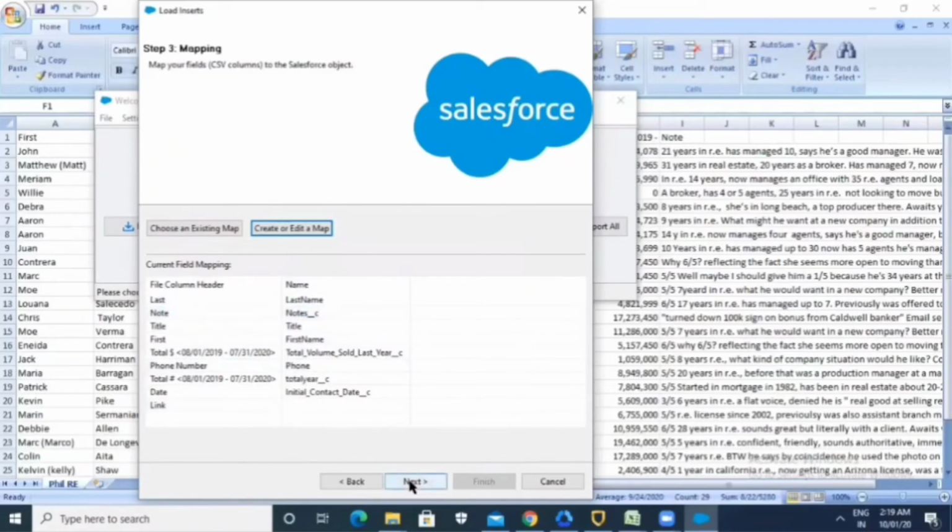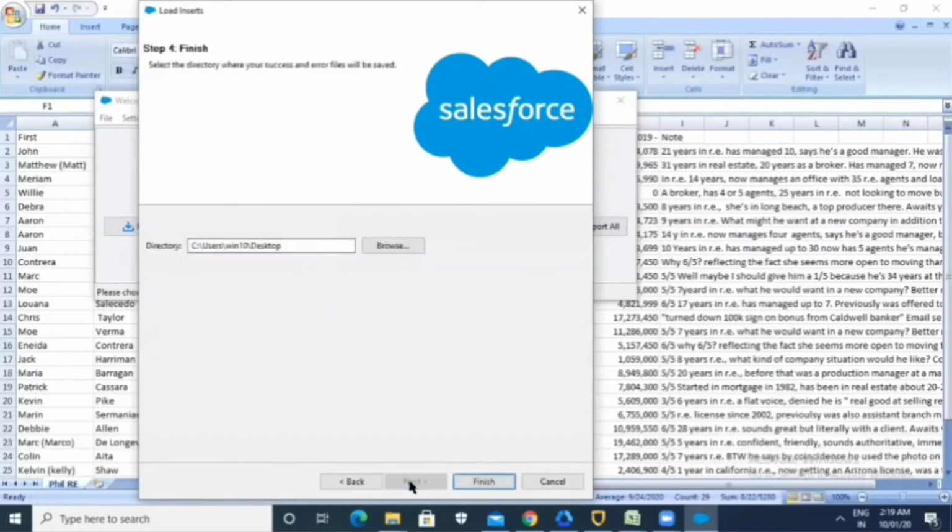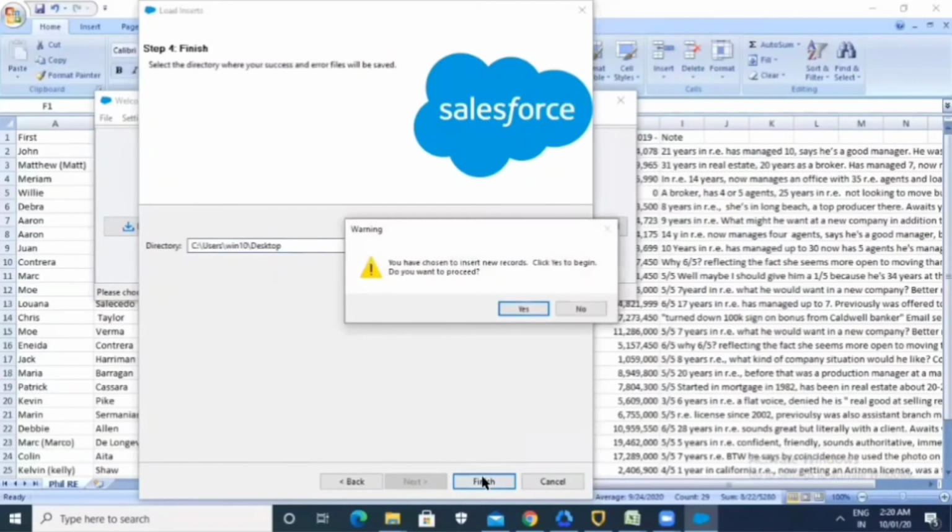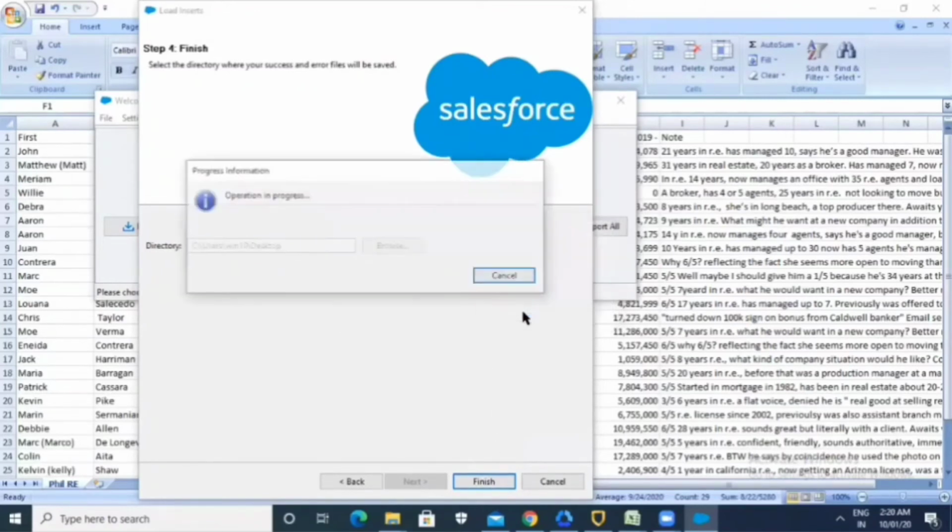So we simply click Next, and here is the directory, a folder where we can store our success and error files. Simply we click Yes.